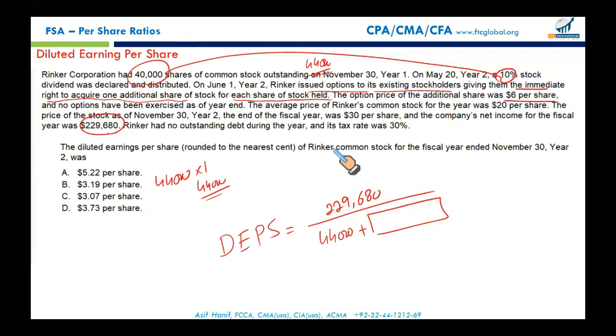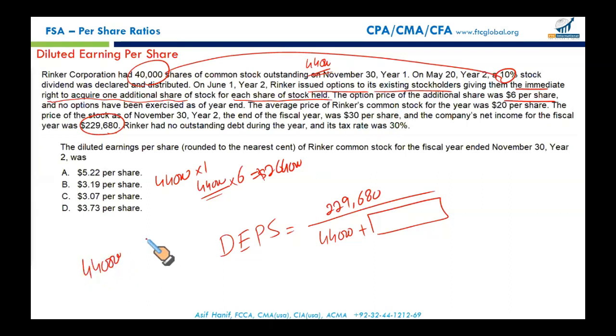Those who hold these options, whenever they exercise, will have to pay $6 for every option exercised. It means if all of these options are exercised, the company will receive $264,000. The person who exercises will pay $6 per option to the company, not to the stock market or any investment banker, but to the business. So this is the amount the firm will receive. And against this, the firm will have to issue 44,000 shares. So write this down: 44,000 shares the firm will have to issue.